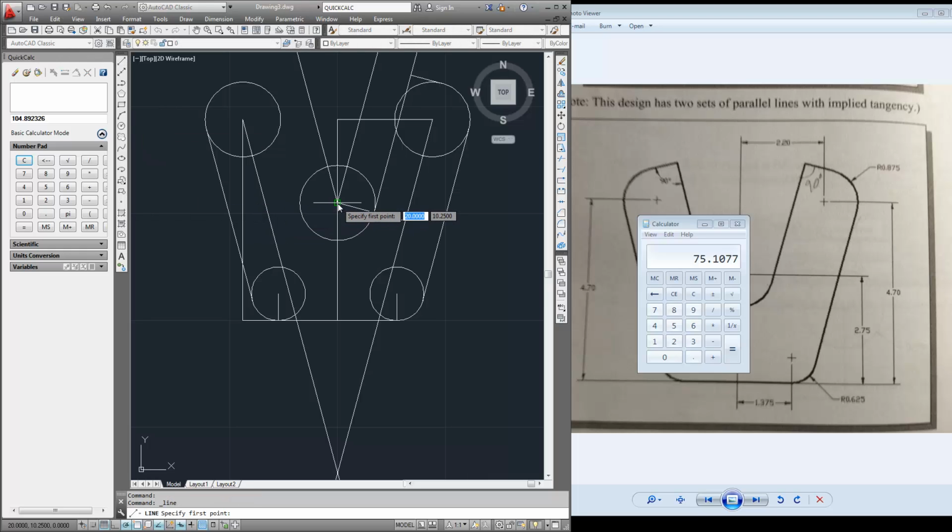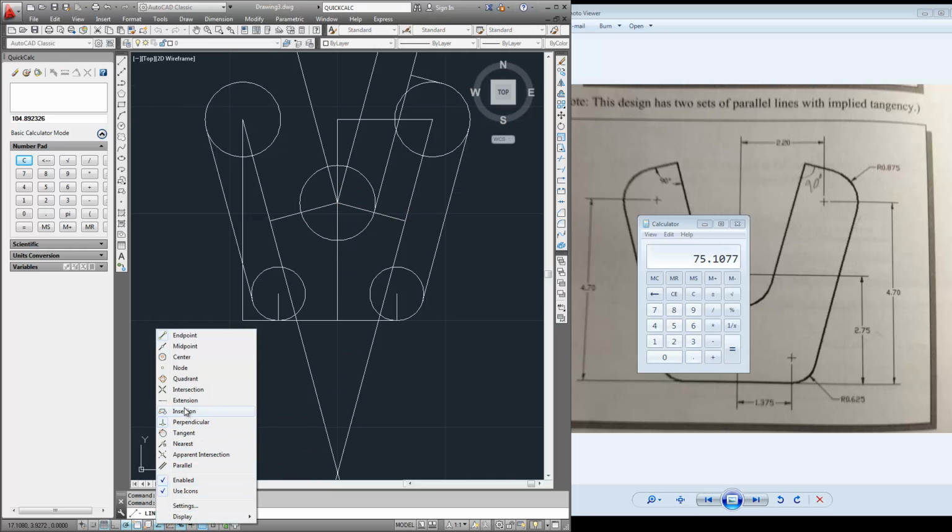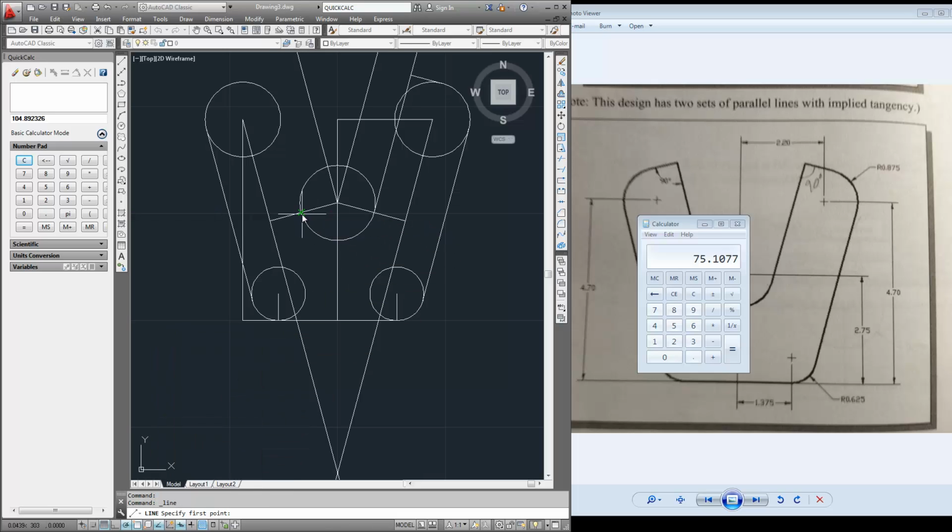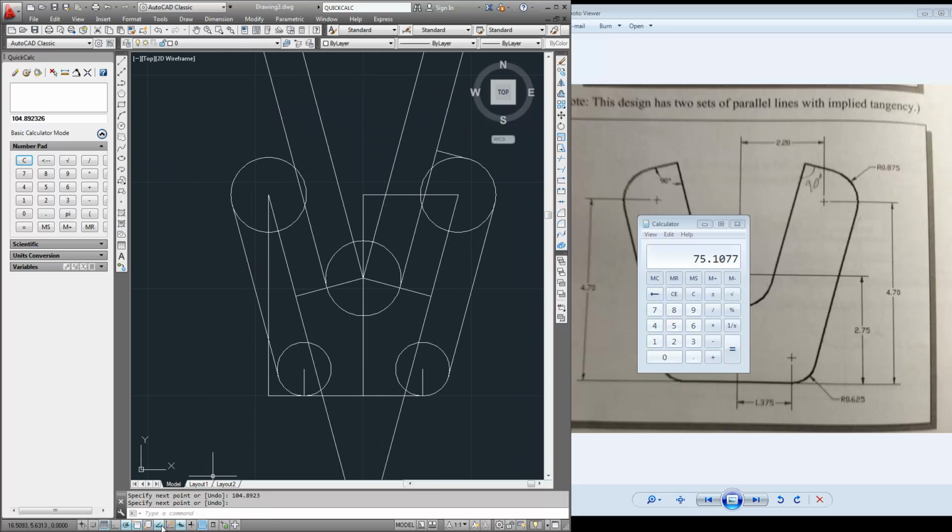I want to draw a line from this endpoint, and it's going to be perpendicular to this line. And then finally, at this intersection, we'll draw a line that's 10 and 104.8923. Okay, one line left to go, doesn't require any math, and let's turn off all the object snaps that